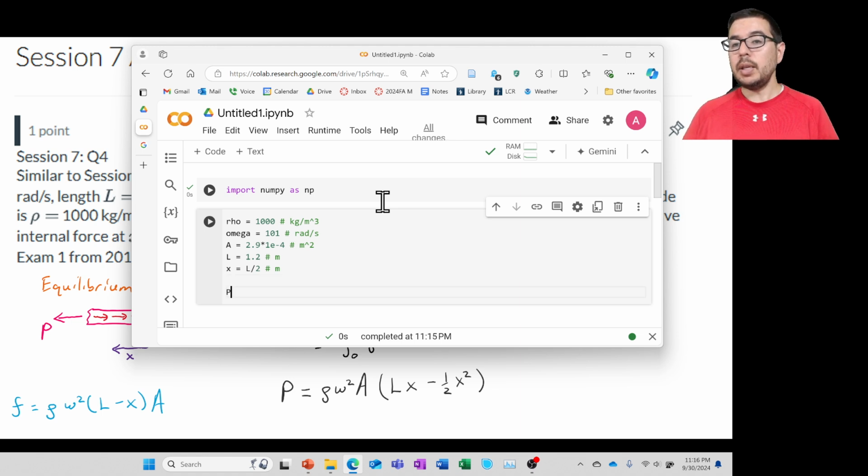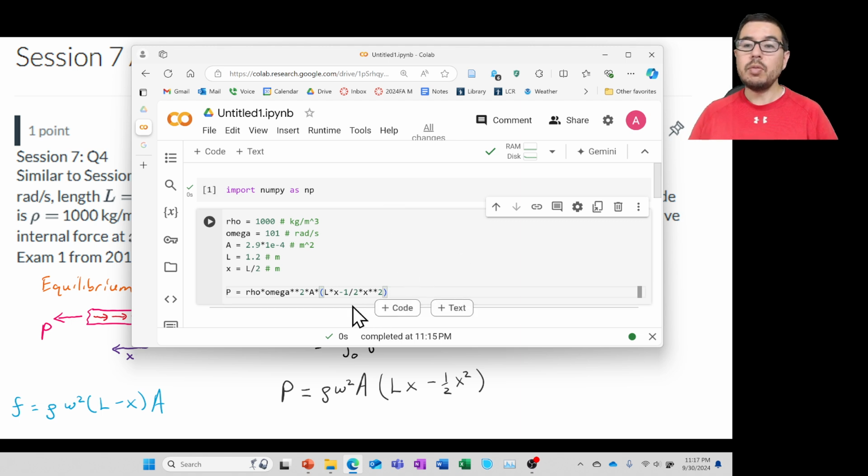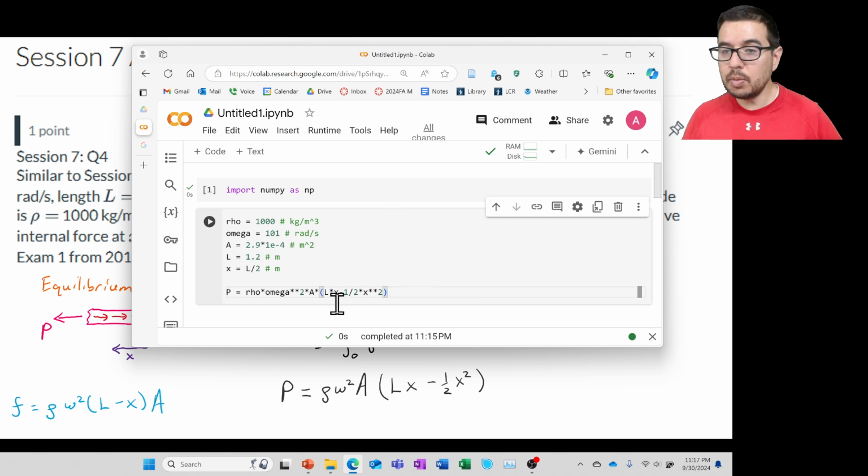The quantity P that we're interested in will be rho times omega, and then remember, double asterisk is for square, times A times the L times the x minus 1/2 times x, and we'll use double asterisk again. Okay, so we're at L over 2. I mean, we can calculate some of this in our head. This is going to be L squared minus 1/2 quantity L over 2 squared. So this is going to be essentially 3/4 L squared, but we'll go ahead and let